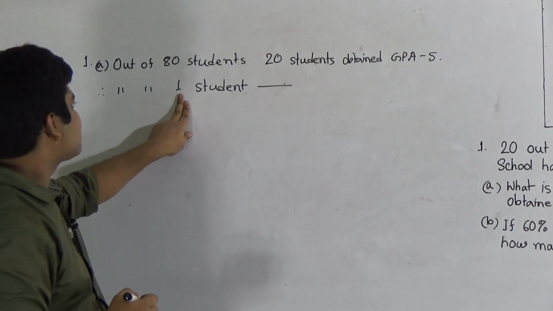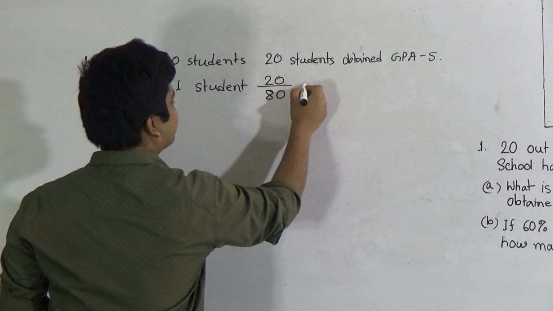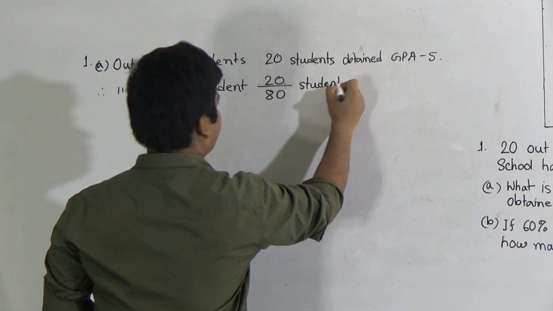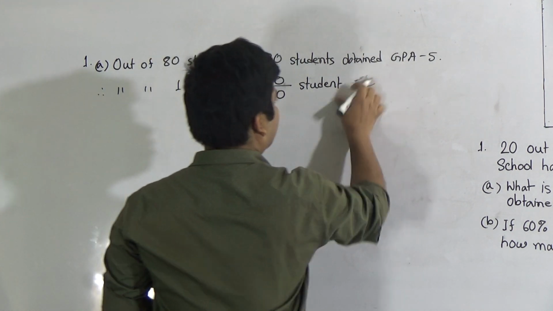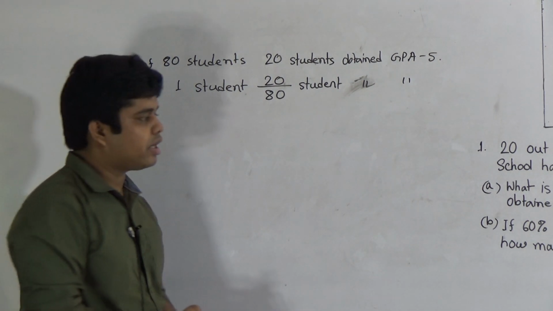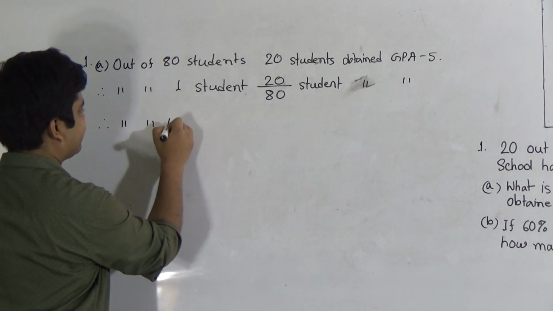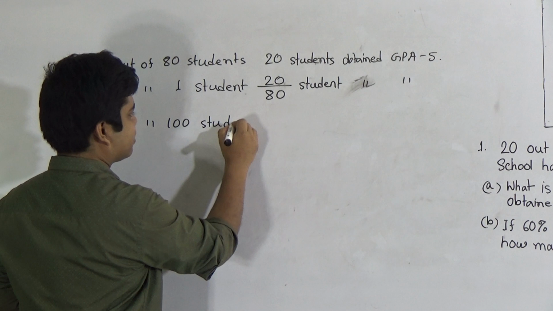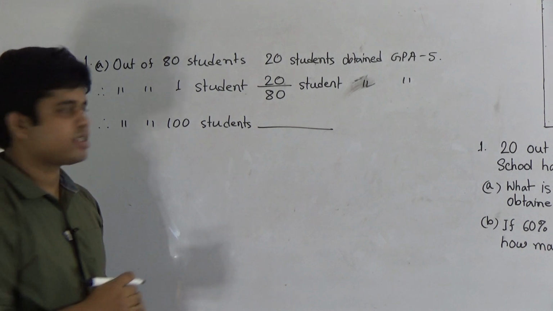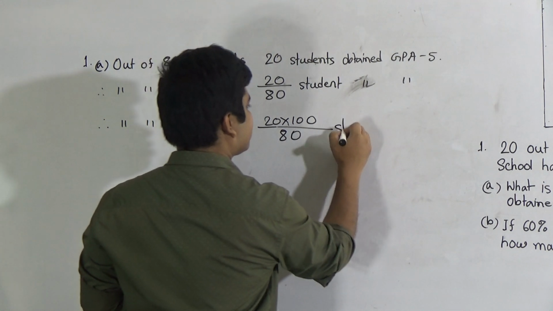as one is smaller than 80, so division will happen. That means 20 divided by 80 student obtained GPA 5. So our question asks us to find out what is the percent, that means out of 100 what. So write out of 100 students, as 100 is greater than 1, for this reason multiplication will happen. That means 20 multiplied by 100 divided by 80 student